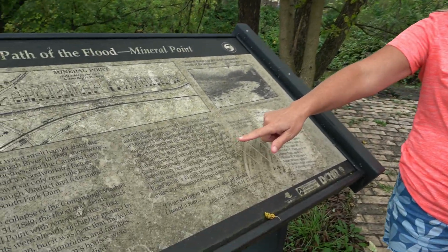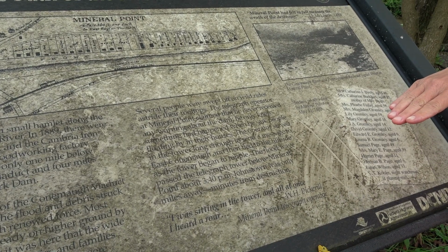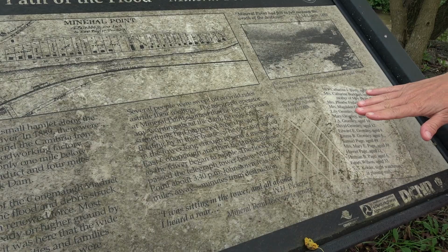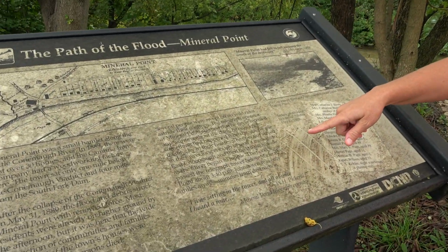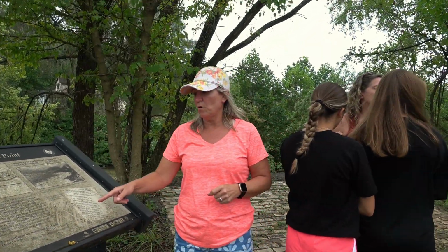So, and it's talking about the telegraph operator. He's saying he never got the message. Oh, okay, that's what I was wondering. I wasn't sure if they ever got the message down here or not. Yeah, he says he never got the message. He only knew something was wrong because he saw the people floating by on their houses. So he sent the next message, and then the telegraph tower started to topple, and he went